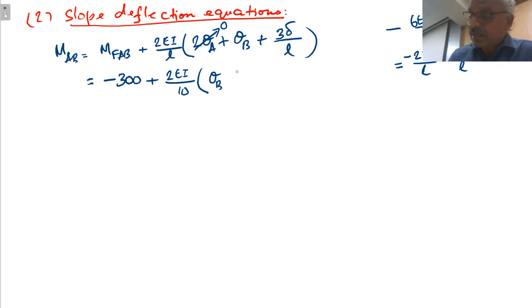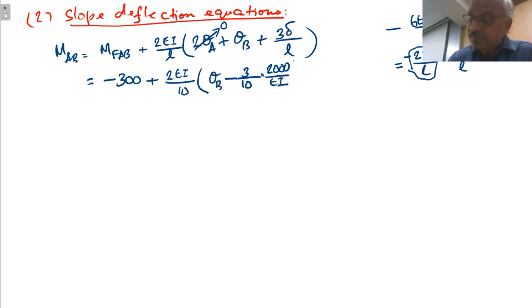Right. Now here it is 3 delta by L. 2EI by L you have taken outside. Already 2EI by L is outside. So what you have to substitute inside is only 3 delta by L, and that is with minus sign, because this is minus 6EI delta by L square. Therefore 2EI by L is outside, into 3 delta by L, and here it is minus, therefore minus 3 by L, L equal to 10 meters, into delta, delta equal to 2000 by EI.